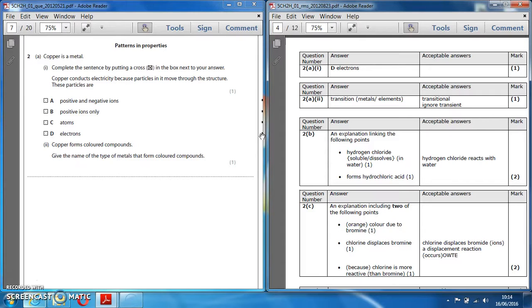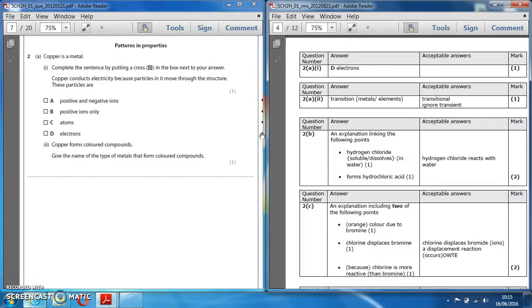It looks like a solid. It's got those circles arranged in a regular pattern, just like a solid you draw in year 7. But each of those ones has got a little positive in it. It's a cation. The reason it's a cation, a positive ion, is because it's lost electrons. Metals like to lose electrons. They generally have like 1 or 2 electrons in their outer shell, and they want to get rid of them to make them happy. And then those electrons that are lost, they're delocalized, they can move around, they conduct the